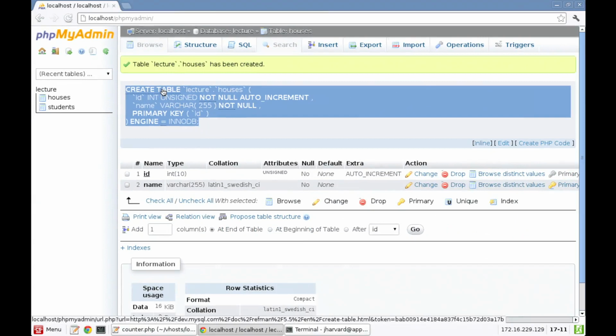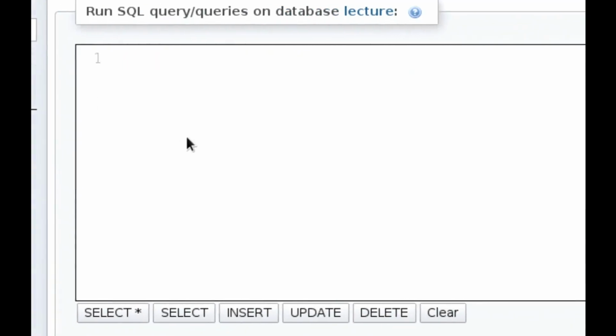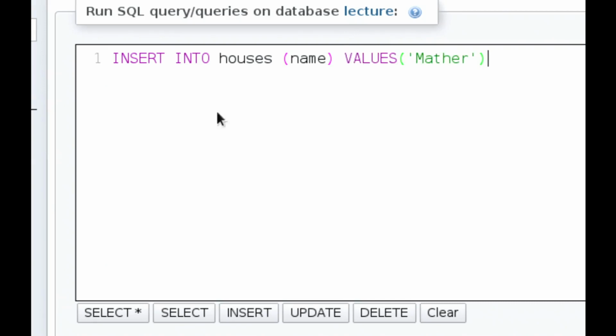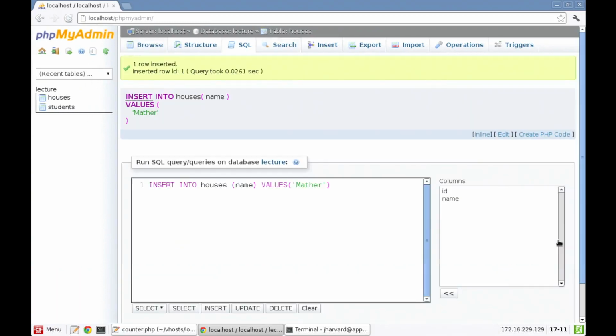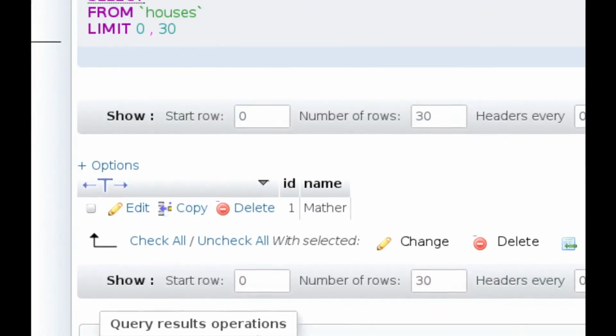And here's my table. So let me go ahead now and use raw SQL rather than oversimplify by clicking the Insert tab. And let me do Insert into houses. And I'm going to say the name of the house is going to have a value of quote unquote Mather. So that's it. This syntax is a little more cryptic. This is the name of the fields we want to insert. These are the values we want to insert into those fields. Let me click Go. 1 row inserted, took 0.02 seconds. Let me click Browse now. And notice if I click Browse, there's Mather, whose ID is by